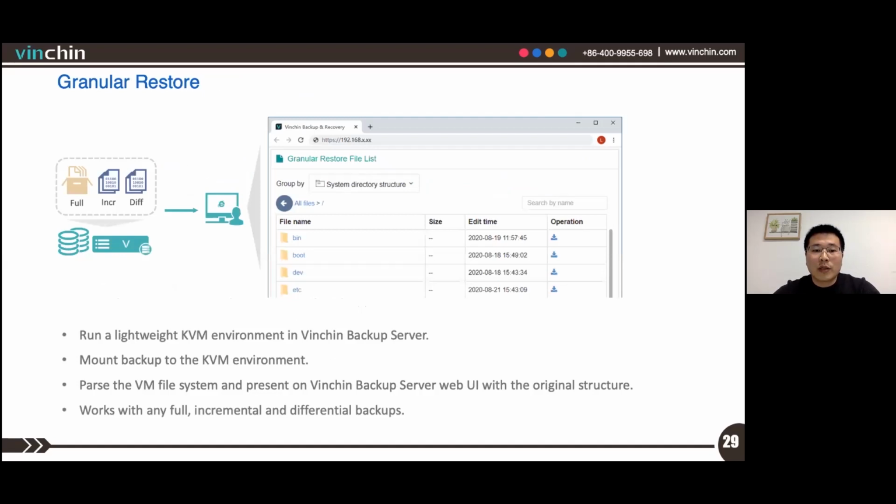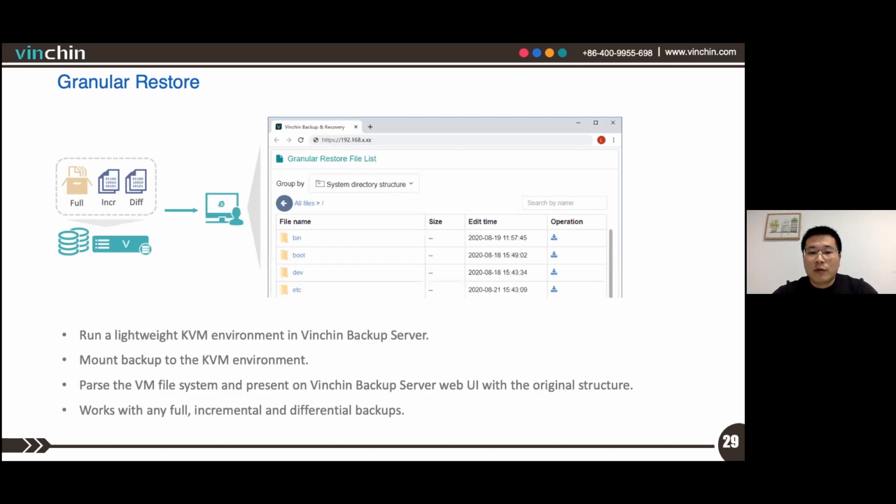And the granular restore is a useful feature to restore your virtual machine from file level. As in most cases, a virtual machine needs to be restored because its files or application data had been accidentally deleted. But to restore those files or data by restoring a whole virtual machine is time-consuming and unnecessary. So under such a situation, the granular restore feature will help.